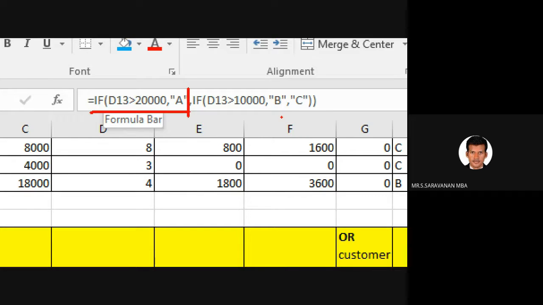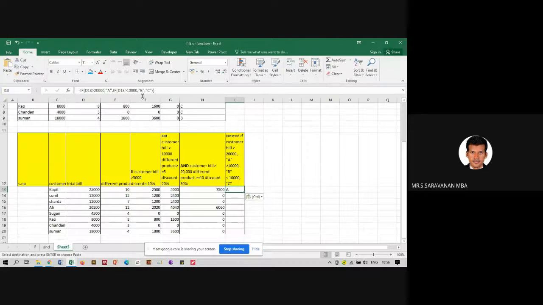Out of this information, see how many A category customers are there, how many B and C categories are there. A, B and C. So this is what we call IF condition, OR condition, AND condition, and nested IF condition.